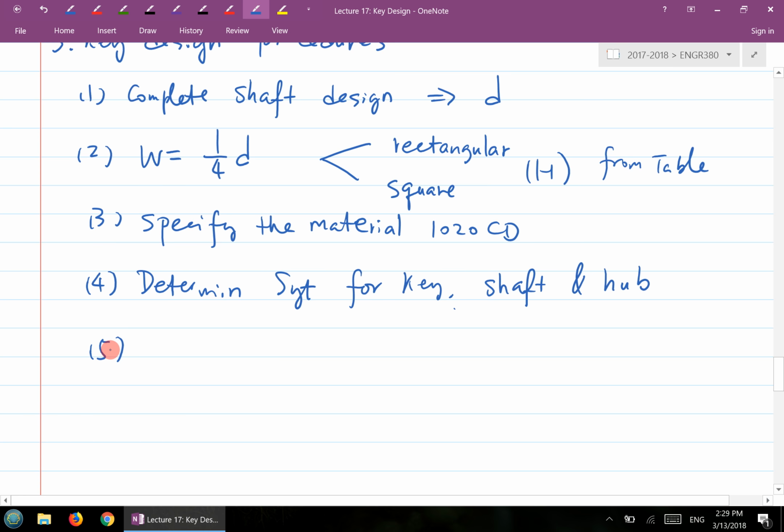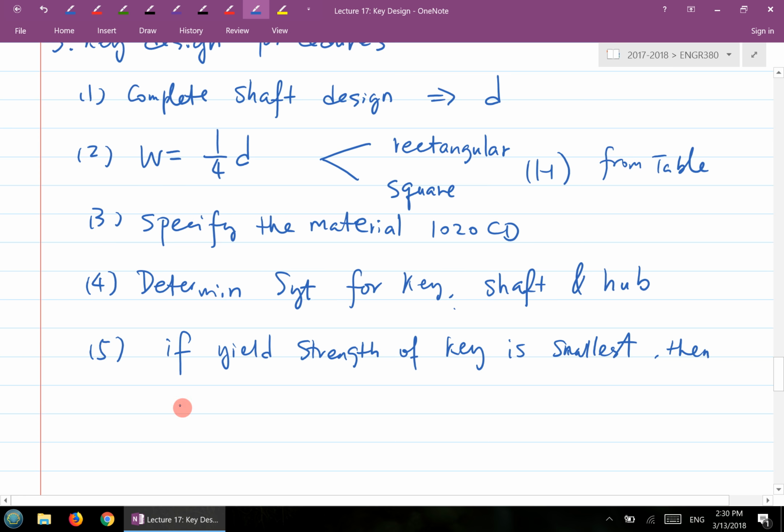And then number 5, this is where you ask the question: if the yield strength of this key is smallest, which typically would be the case,